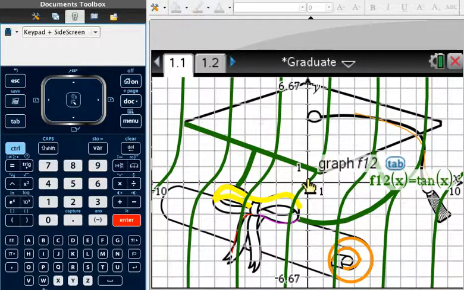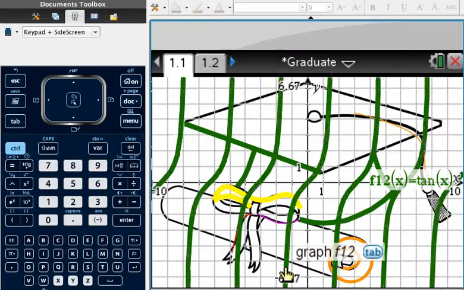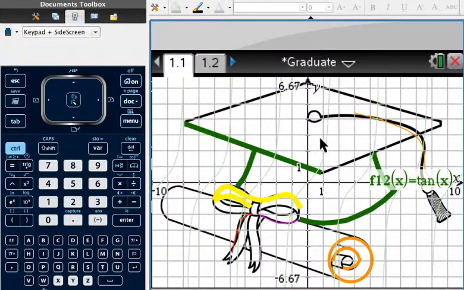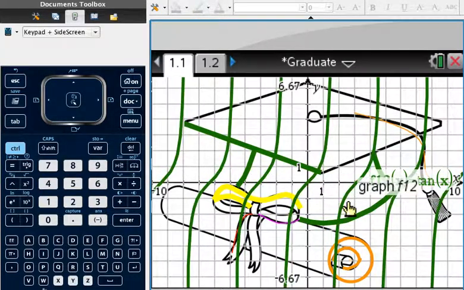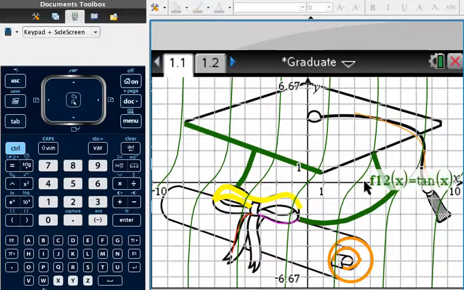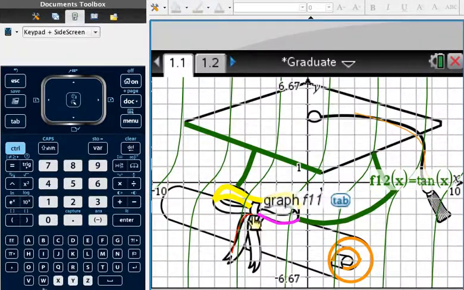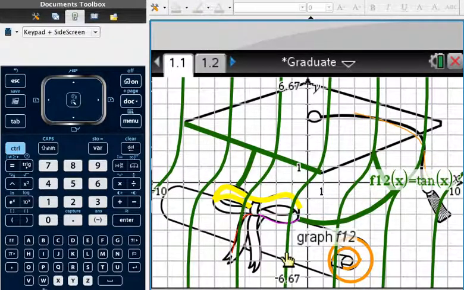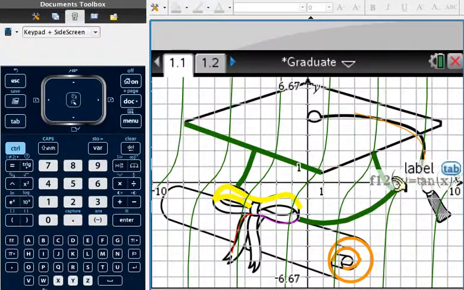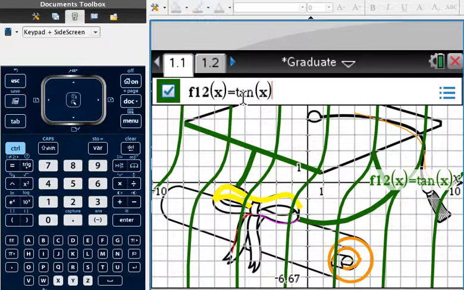Okay, so here's my tangent function, and let's see if I move down here, will it click on it? No. No. All right. So it's not letting me just click and grab it, so I am going to have to go ahead and do some transformations. But you can see how I have this curve here that would work fairly nicely for this curvy part here. I just need to stretch it and compress it and shift it down and over and all that fun stuff. So just very quickly,